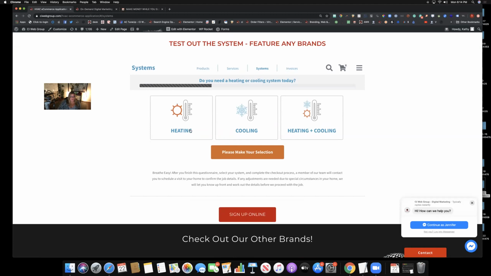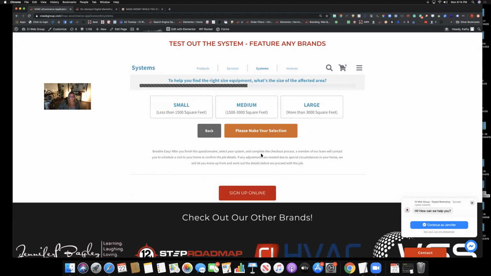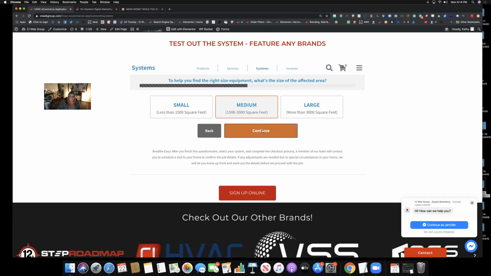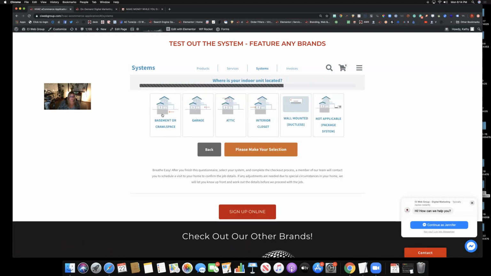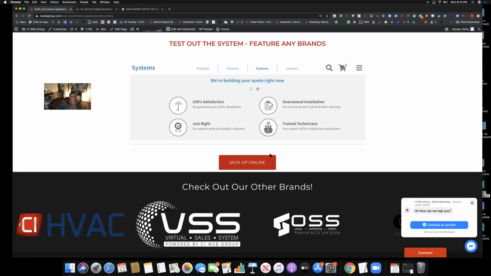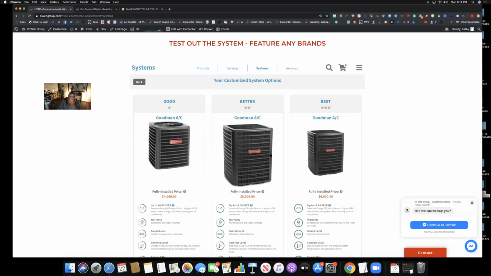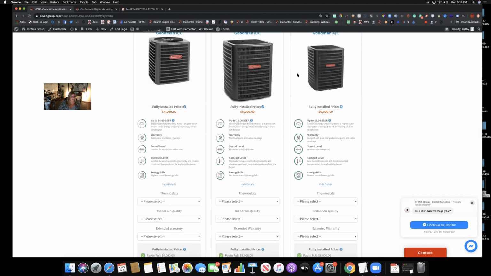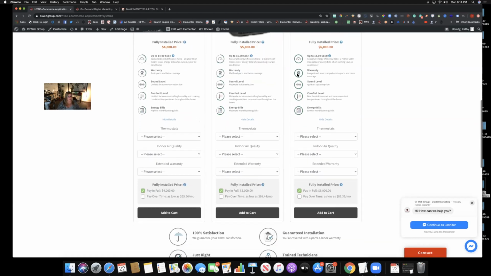Next, they'll go through, let's say they're looking at cooling, and we're going to go medium. They're going to choose, for example, we'll go basement or crawl space. And the system is going to start building those quotes and estimate based on the information you have in the back office. So you choose the products you want to have inside the system. We have specific manufacturers that we already have all those products loaded because of our relationship as the preferred digital marketing agency with them. So if they're already in our bucket, we've already got 99% of the work done for you. We can just get those integrated.